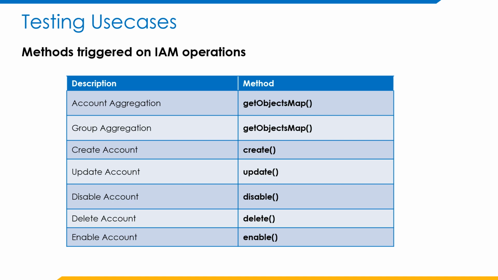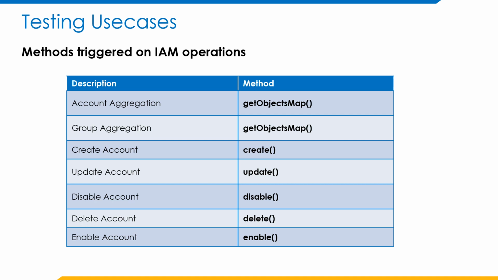These are the list of methods triggered in the jar file when executing different use cases using the custom connector. When we execute the account aggregation task in SailPoint, getObjectsMap for type accounts will be invoked. When we execute the group aggregation task in SailPoint, getObjectsMap for type groups will be invoked. When we perform the create account operation in the application using SailPoint, the create method is invoked and this method will handle account